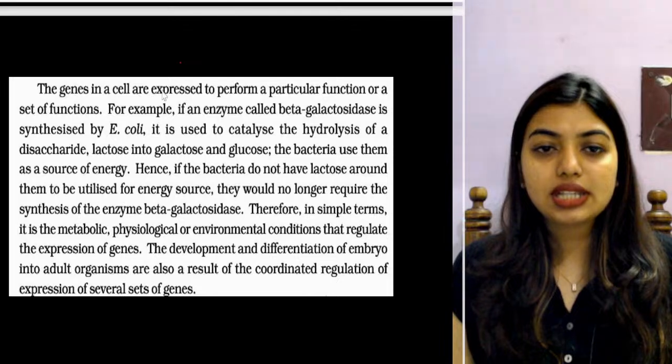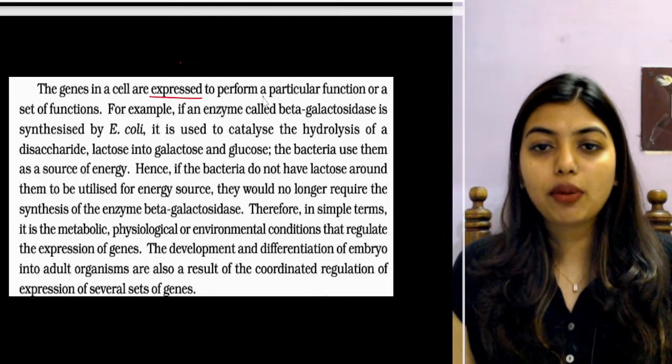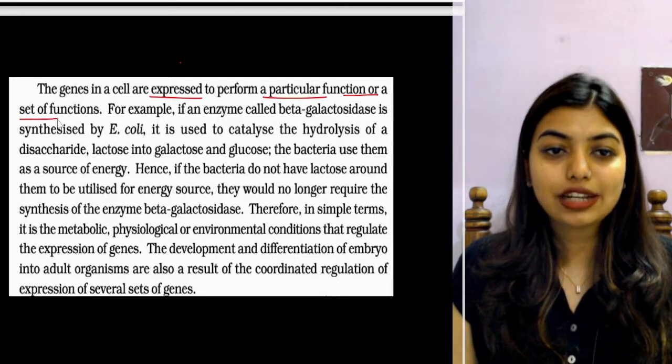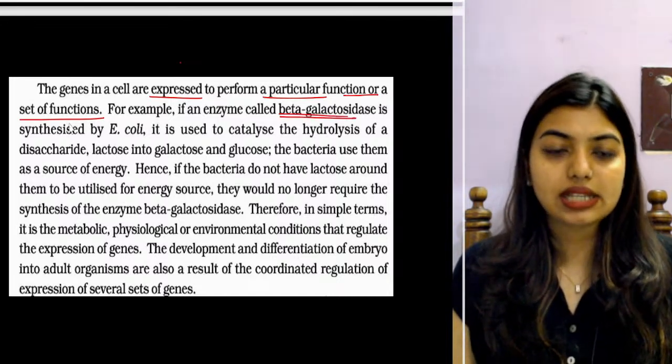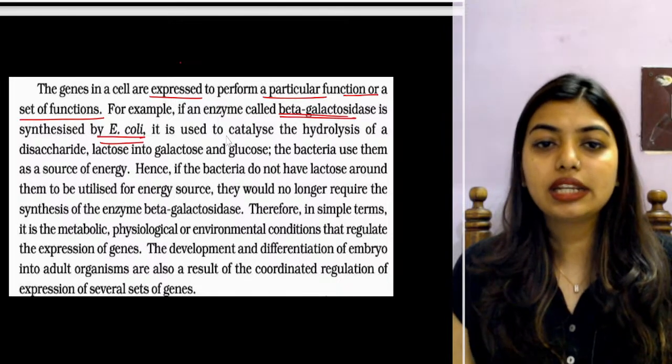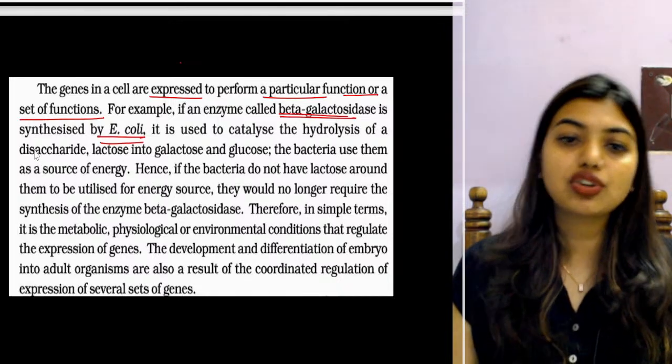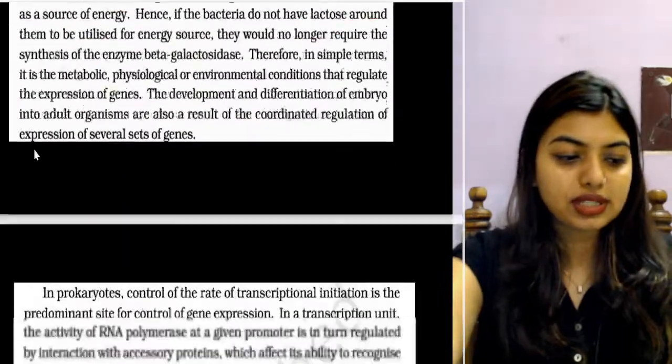The genes in a cell are expressed to perform a particular function or a set of functions. For example, if an enzyme called beta-galactosidase is synthesized by E. coli, it is used to catalyze the hydrolysis of disaccharide. So before I go into this,